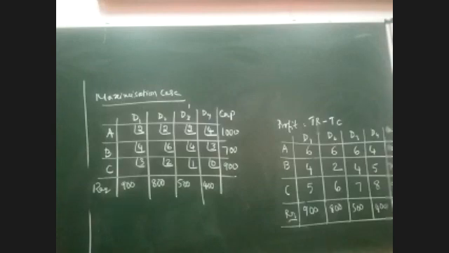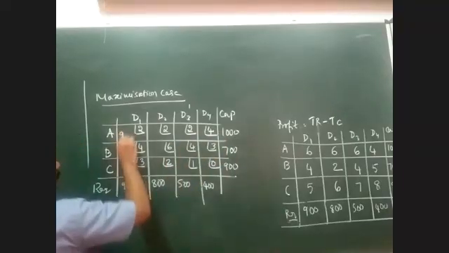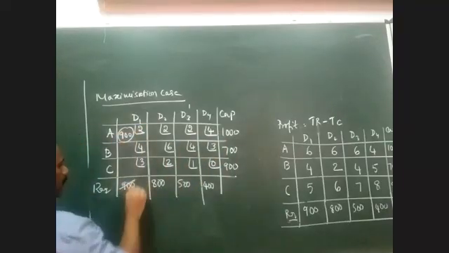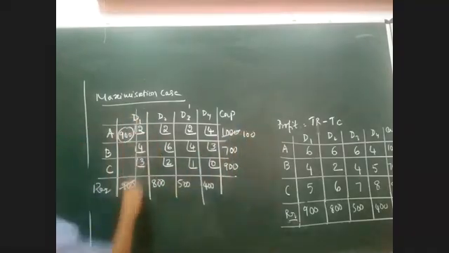So Northwest Corner Rule method means what? From where I am supposed to start the allocations? From the northwest element. Which is the northwest element here? 2. I am starting from 2. So as usual, 900 is the value. So this becomes 0, and this becomes 100. Since it is 0, it is gone.